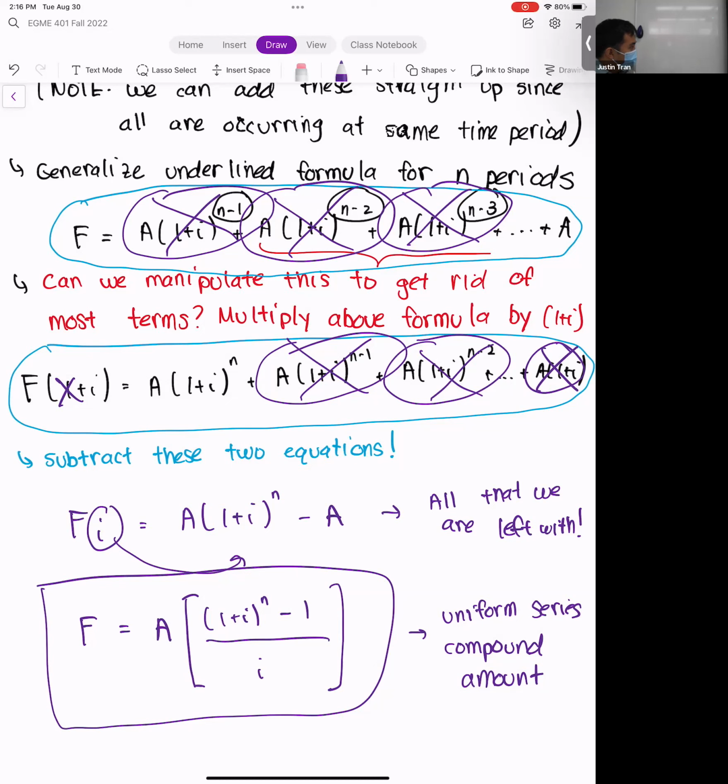Okay. And so we'll go ahead and stop here for today because I did go over time a little bit, so I apologize for that. But are there any final questions on any of this? Okay, all right. And so we'll pick this up on Thursday. We'll use this formula, we'll do some examples on this and we'll see how P gets into this as well. And we'll continue this discussion.